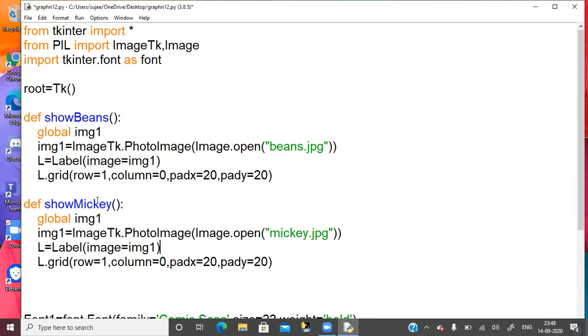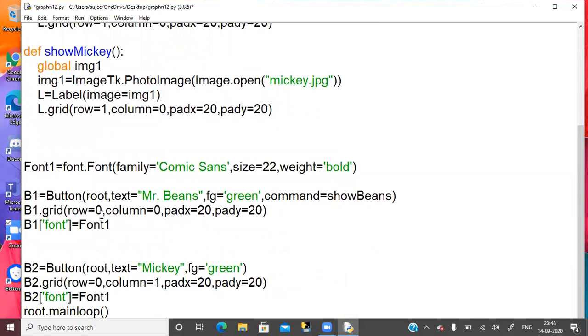So ये function show Mickey कब call होगा? When I'll click on Mickey button. So where is Mickey button? This is the Mickey button. So see, on B1 button I am calling show beans, and on this button I should call which function? Show Mickey. That's it. Okay, save it and run it.